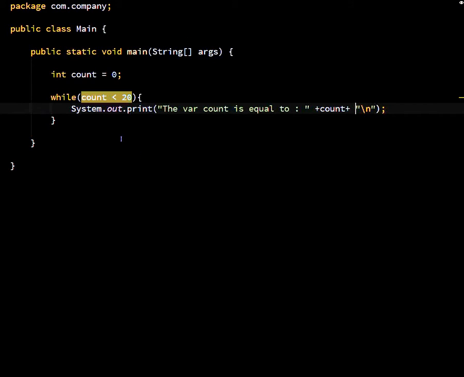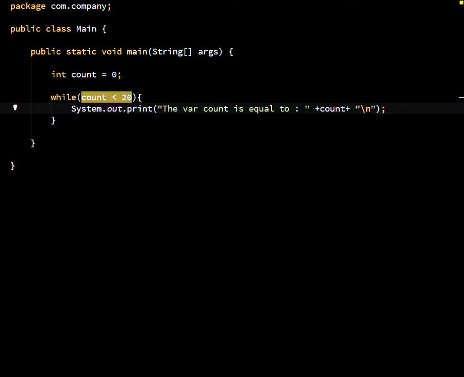I don't know if I explained this before, but this just means a new line, so that it's readable when it gets printed out to the command line. So instead of each thing being put beside each other in one line, it forces it to go into a new line. So you have the var count is equal to 1, 2, going down in a neat list. Anyway,